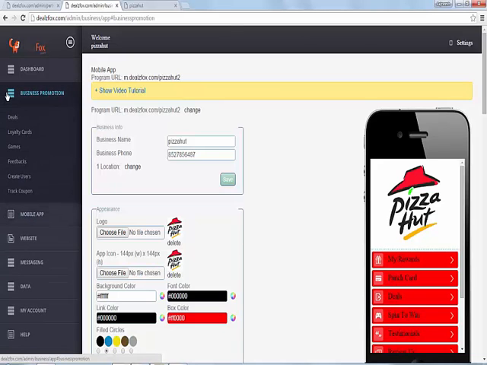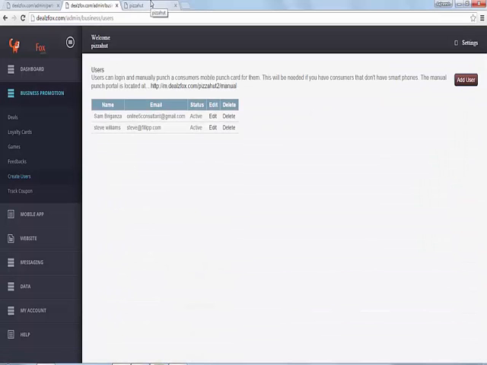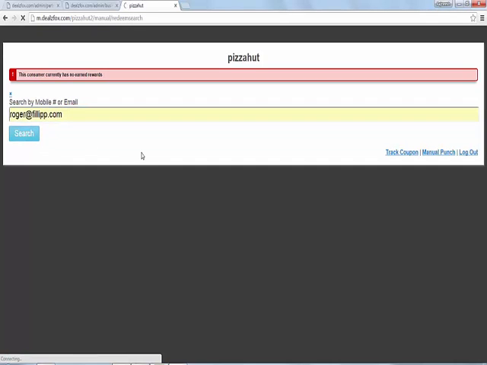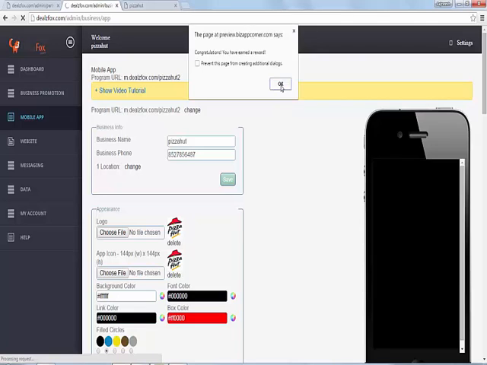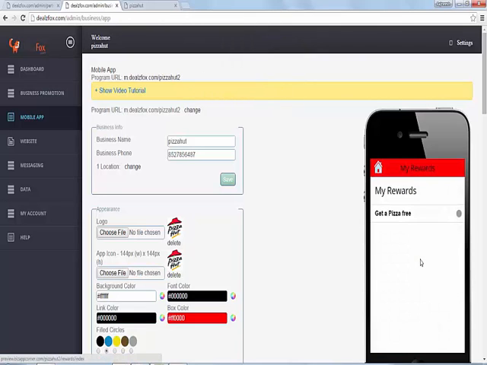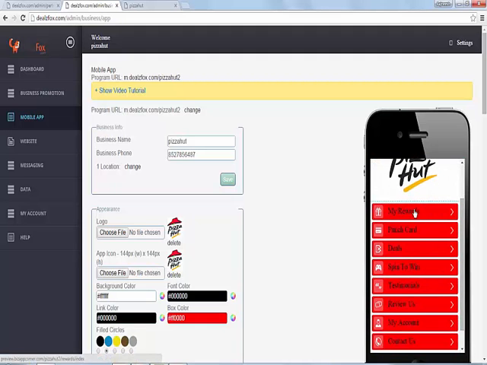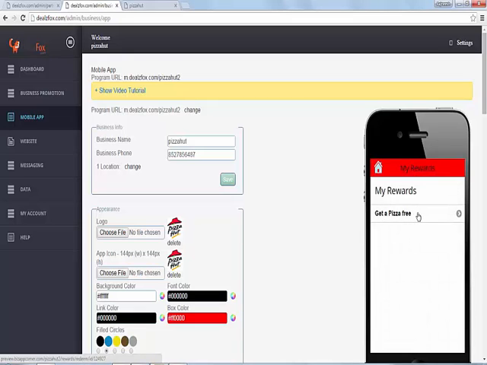Now coming back to business promotions tab and create user section and the Pizza Hut time. Now let's search with our email address. We clicked on it, it's showing no earned rewards. Now this reward, as you can see, has come over now under my reward section on the mobile app. On the mobile app that I was showing you, this is the reward that has come under my reward section for my username, for me as a customer,